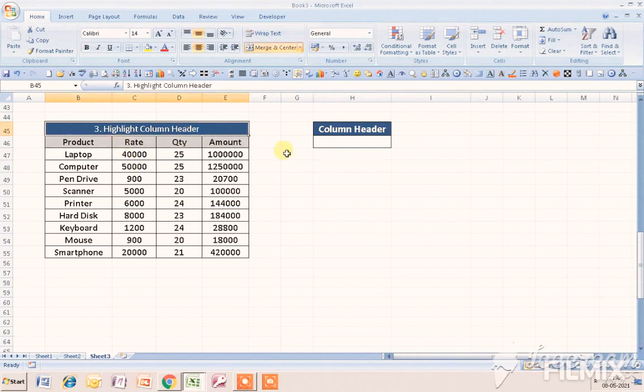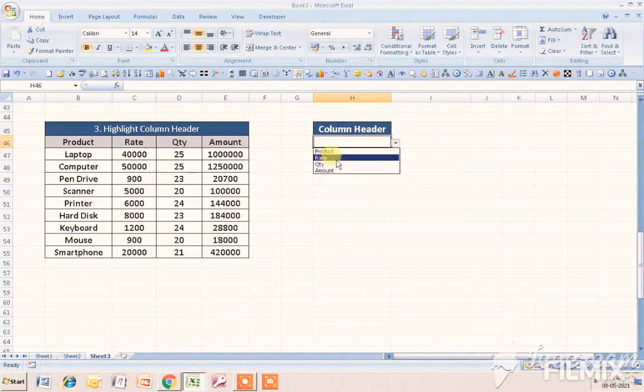The third thing is how to highlight the column header. For the column header, I have created a drop down list for all the headers. If I select any header, then you will see that particular header gets highlighted automatically.